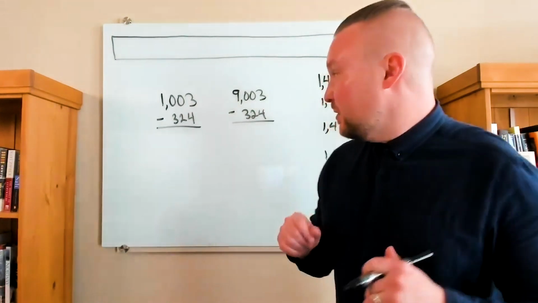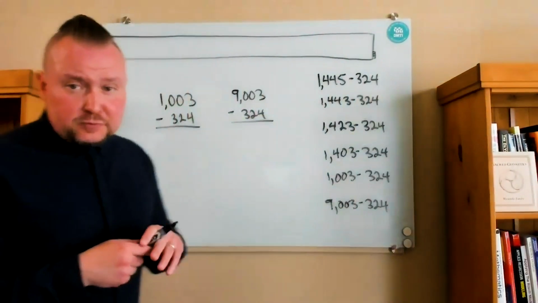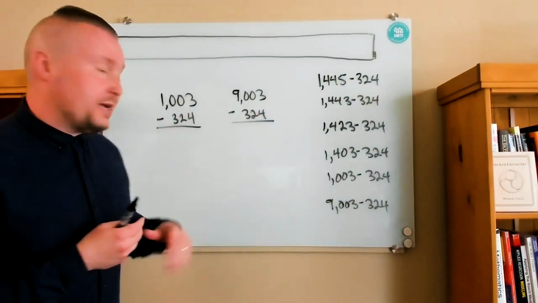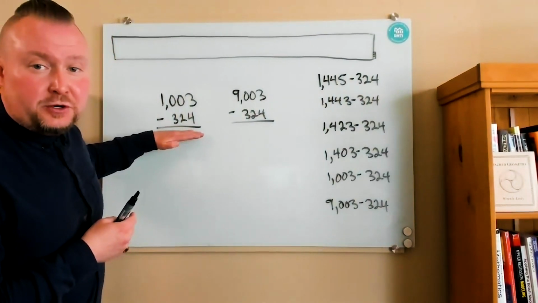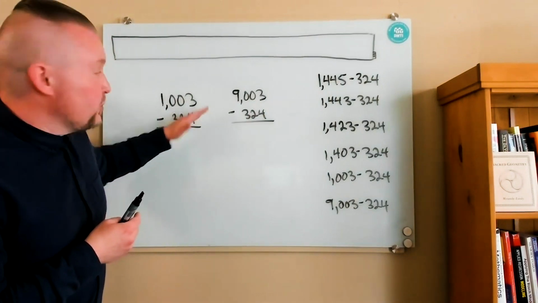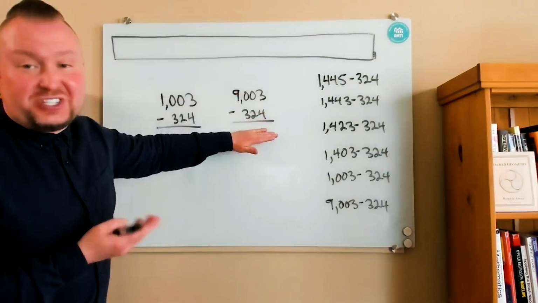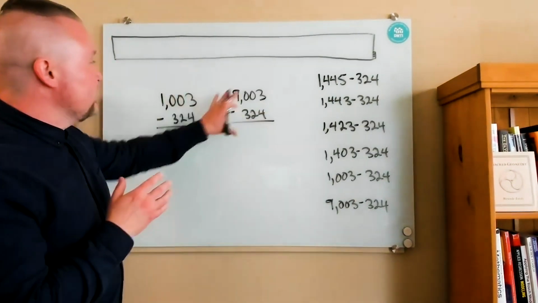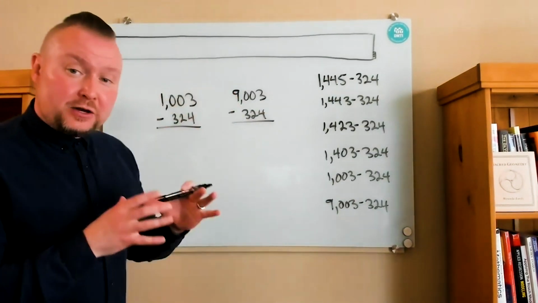the processes here. What we're going to look at is we're going to model and describe using structural language this particular problem here, 1003 subtract 324. Then we're going to connect that to this problem, which is essentially the same, just one digit is different. But before we even get to this point, and before I show you how to model this and talk about